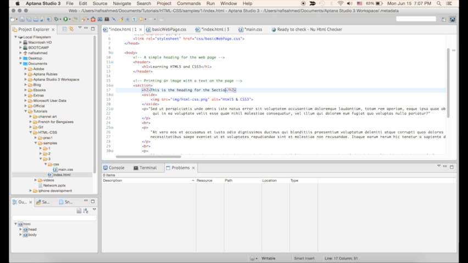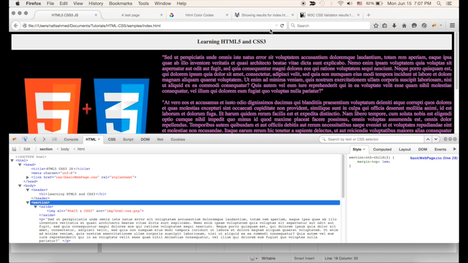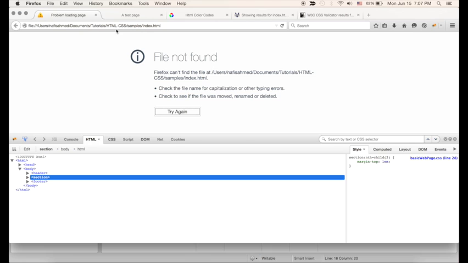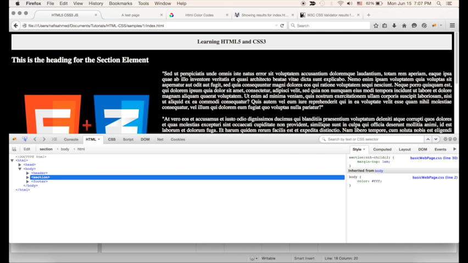Let's write something like this: section element, and let's save this. Let's get back to our browser. Let's refresh the page. Okay. Fine. So now you see that